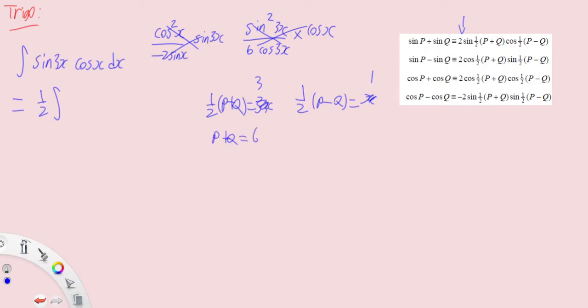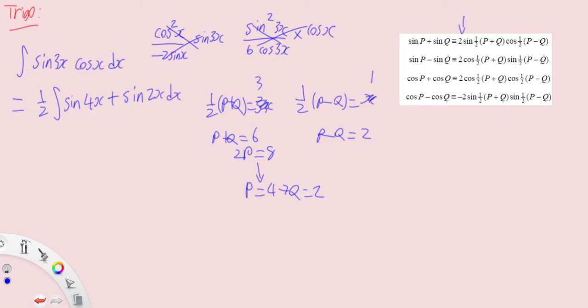I get p plus q equals 6, p minus q equals 2. Then p equals 4, q equals 2. How? I add them together, I get 2p equals 8, p equals 4, then I get q equals 2. Okay, now they've done this, so we get sine 4x plus sine 2x, and not forgetting your